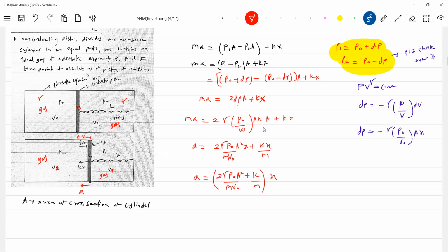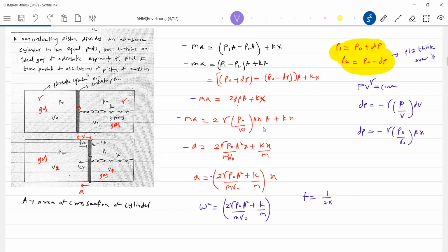Of course, you can start that negative sign from here if somebody is asking. Acceleration is proportional to the negative of displacement. Very good conceptual questions can be asked. Omega equal to 2 pi f, so this will become 2 gamma P naught.